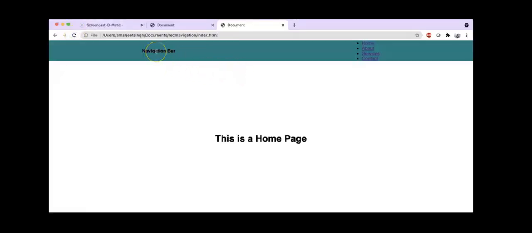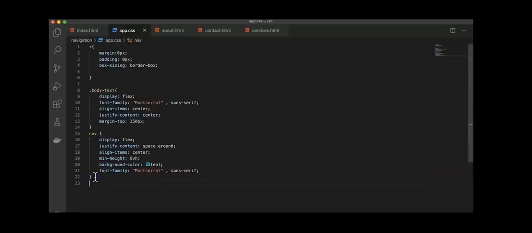So Navbar looks awesome, but I still feel the links need to be justified. We want to make it even better. But before that, I offer the nav links. So here I say nav links, so dot nav hyphen links. This nav links will have display